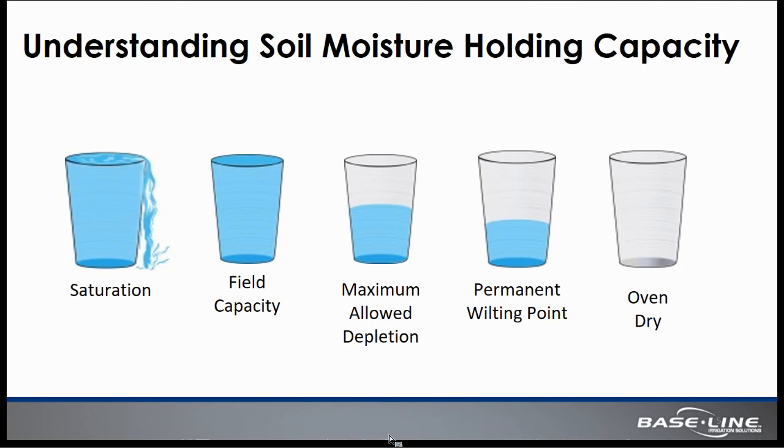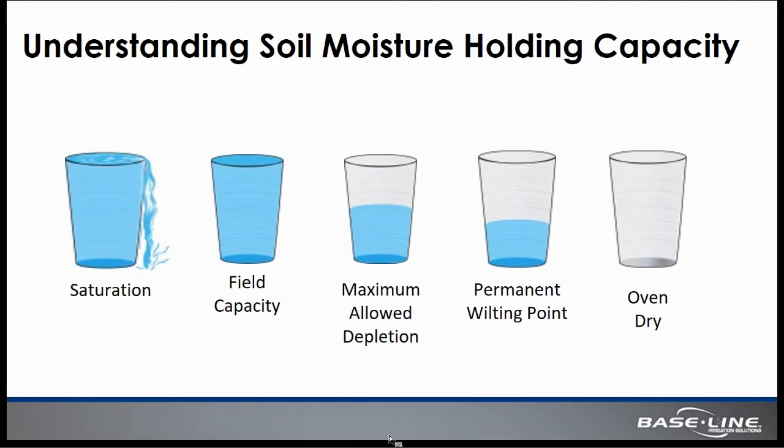Field capacity is really the sweet spot where the soil is holding as much water as it possibly can after gravitational drainage has occurred. And then maximum allowed depletion is how much moisture depletion in that soil structure will be allowed before a replenishment needs to occur in the form of an irrigation cycle. Permanent wilting point and oven dry really don't come into factor when we're making irrigation decisions, but they're important to have an understanding of,